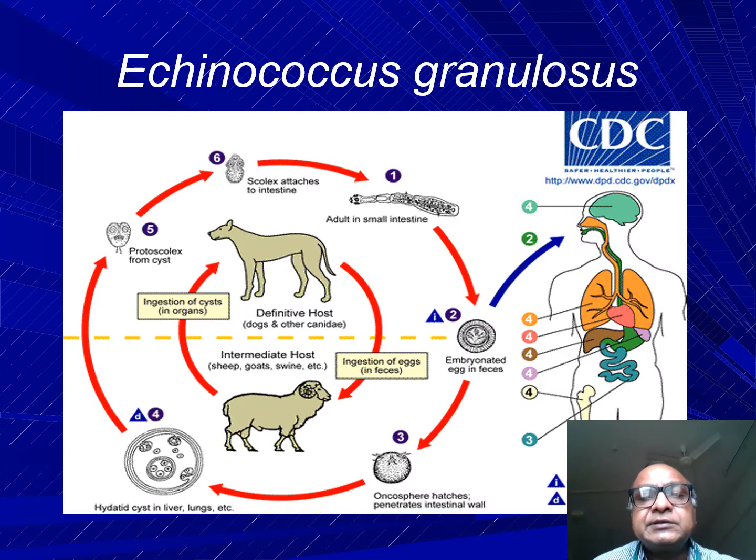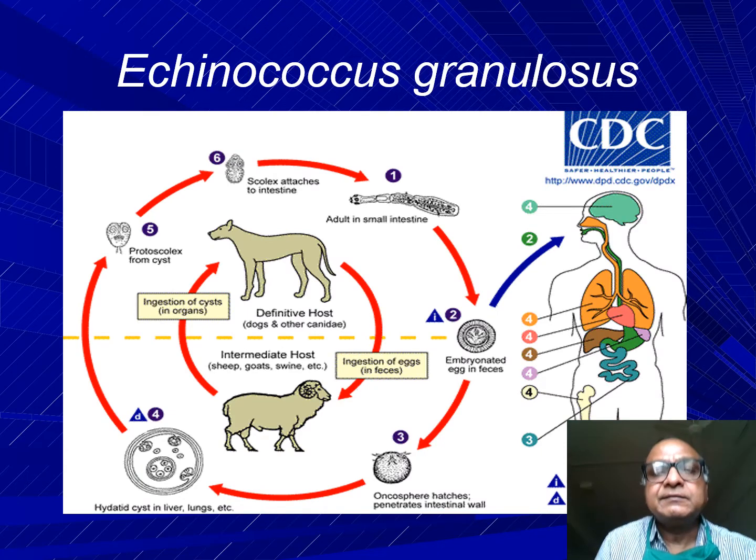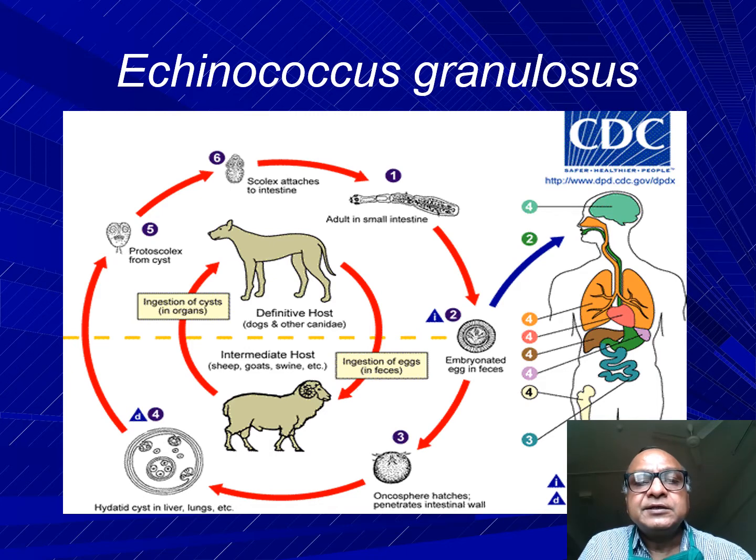This is a very good sketch of the life cycle of the Echinococcus granulosus. The dog and the sheep are shown as representative definitive and intermediate hosts. The man is an accidental host. Usually the cycle continues between the sheep and the dog, but then accidentally man is infected, and this infection is a dead end. But even if it is a dead end, the man gets the trouble